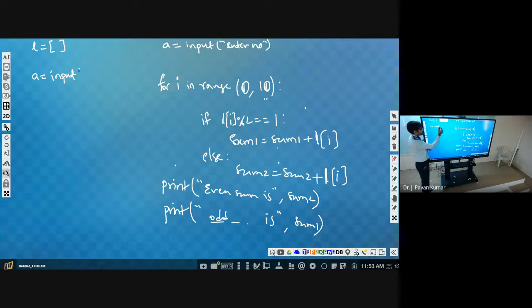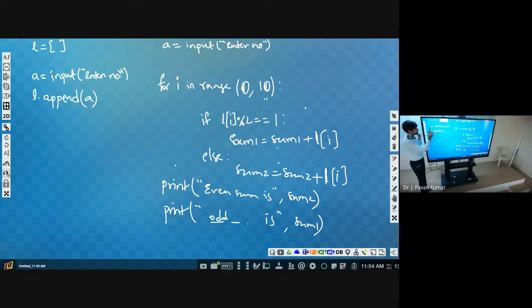Then A is equal to input of enter number. Next, after taking A, we have to add this A to L. How can we add? L dot append of A.